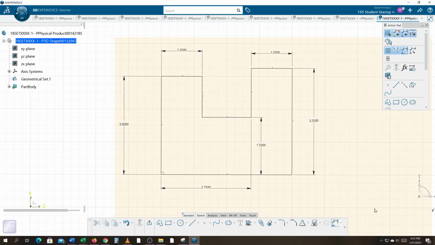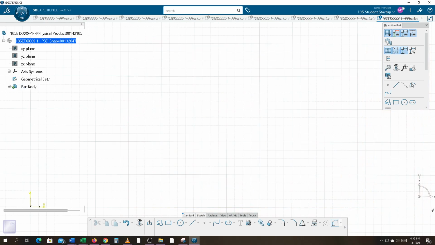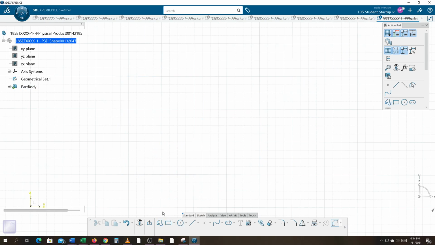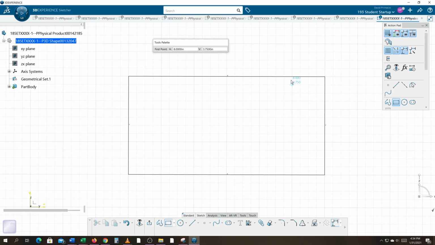Okay, so if I was trying to do that, I would use profile. Otherwise, I kind of like the rectangle because I like the way it auto constrains and I like how easy it is for me to do it. So if I have a rectangle here and another one here, like so, you can just go to quick trim, remove these 2 lines out,